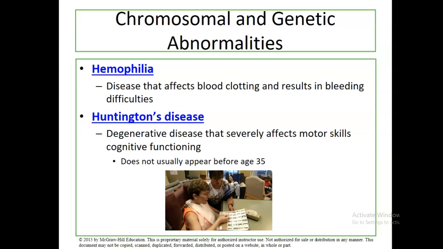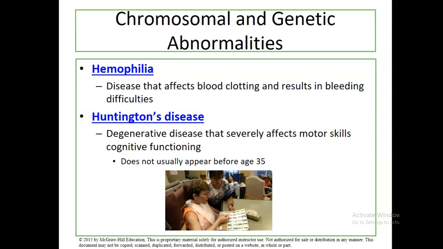Huntington's disease is also a neurodegenerative disease, much like Tay-Sachs disease. What's different about Huntington's disease is that these individuals typically do not experience any symptoms until about the age of 35. These individuals may lead a happy and normal lifestyle. They may be educated and employed and have a family, but then around the age of 35, their mid-30s to early 40s, they may begin to lose the ability to function. They may lose the ability to walk and the ability to talk, and so many of them end up in